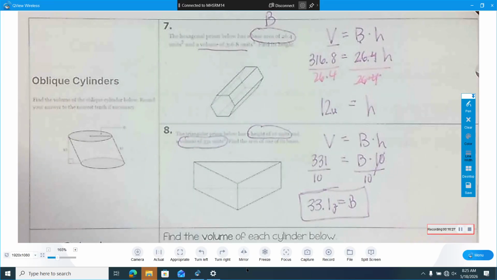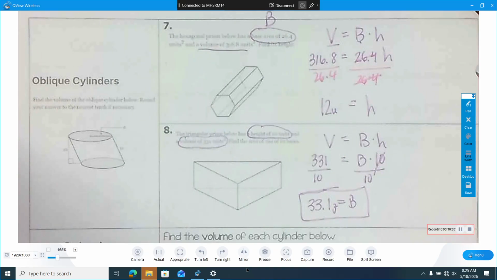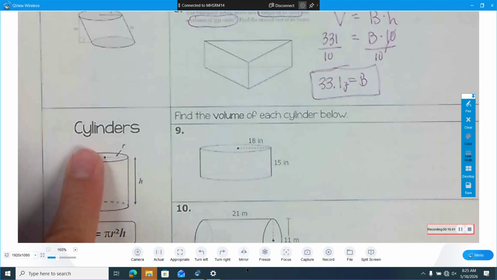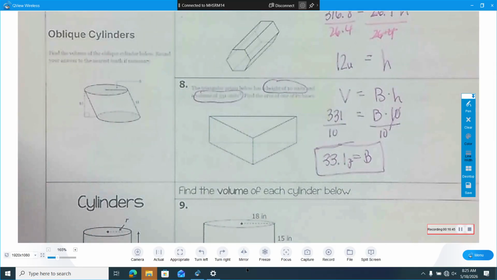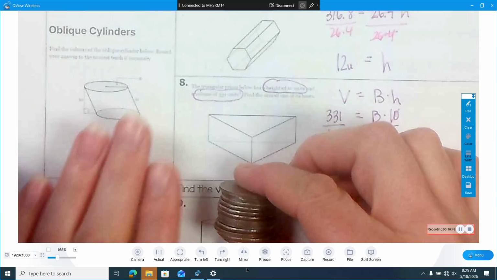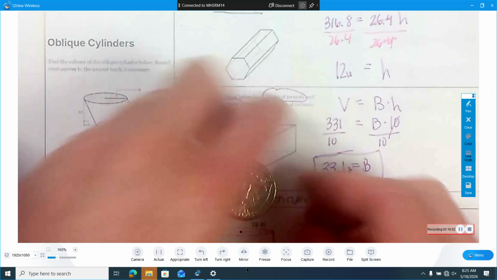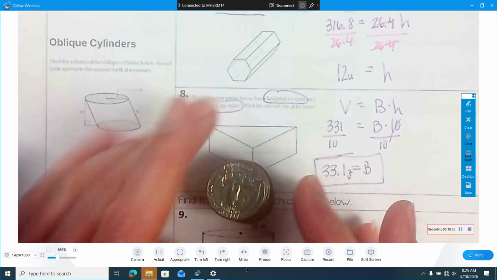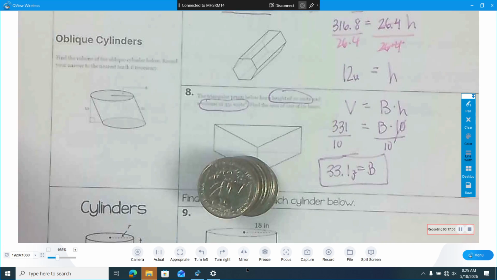All right, I do have a thing to mention about oblique cylinders and cylinders. It doesn't matter. This is why I have a stack of coins today. My stack of quarters. So this is the shape of a cylinder. And so we're going to talk at the same time here about cylinders and oblique cylinders. Oblique just means, hey, I took this cylinder and I pushed it to the side. And so if I take my cylinder, and you can't really see from your perspective there, but if I take my cylinder and push it to the side,